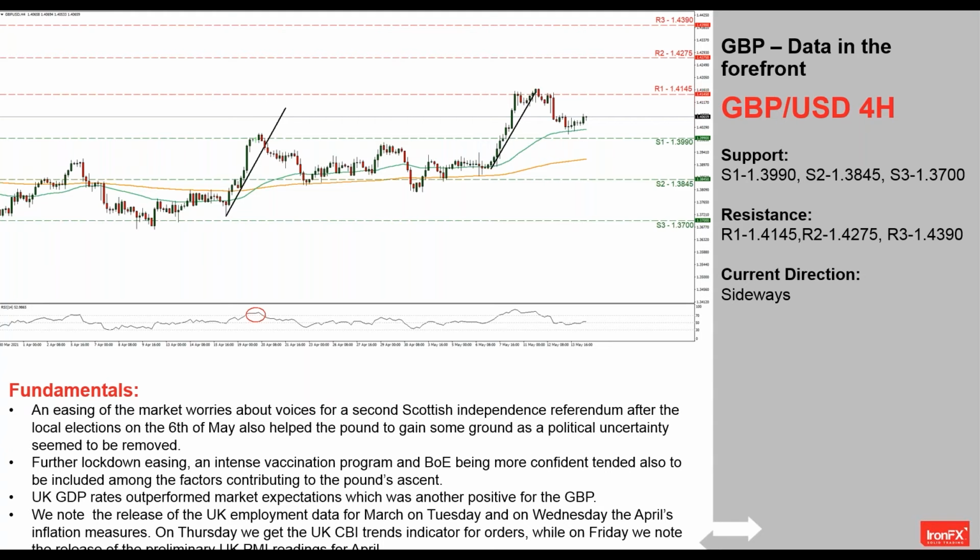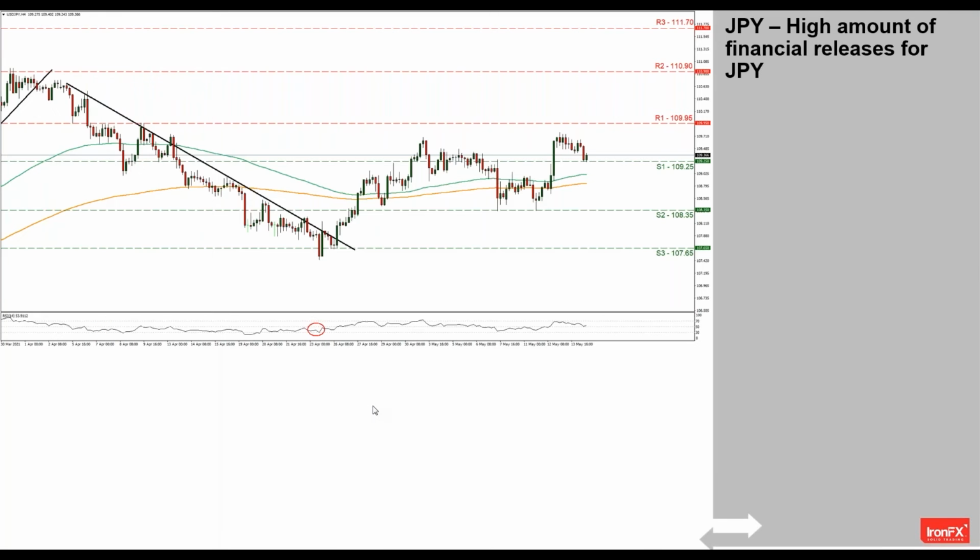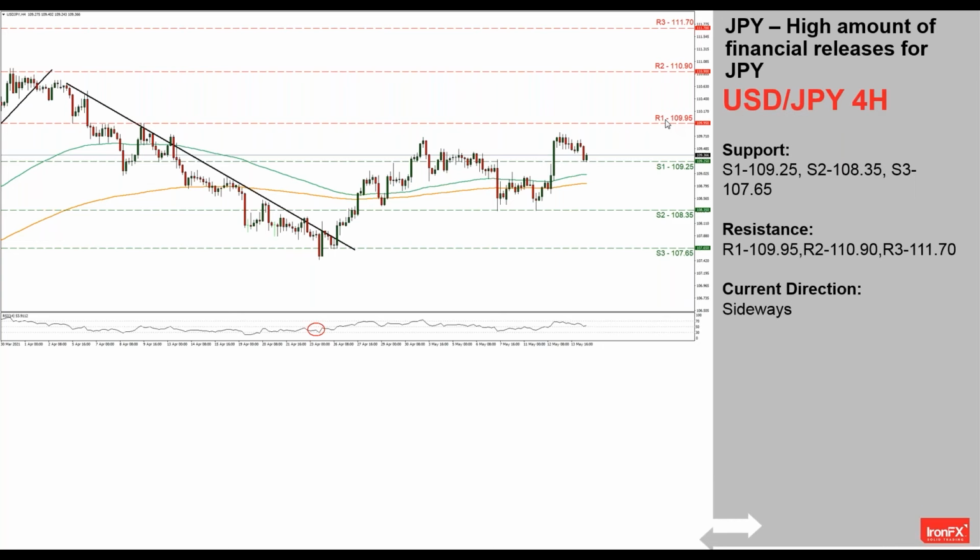Moving now to JPY, and this would be USD JPY's 4-hour chart. Note that this pair as well has a sideways motion. We would dare to say that it remains between the 108.35 support line, and to the upside we note the 109.95. Now, important levels to keep an eye out would be to the downside the 109.25, which served as a